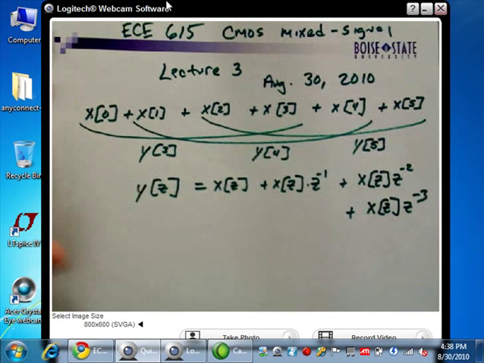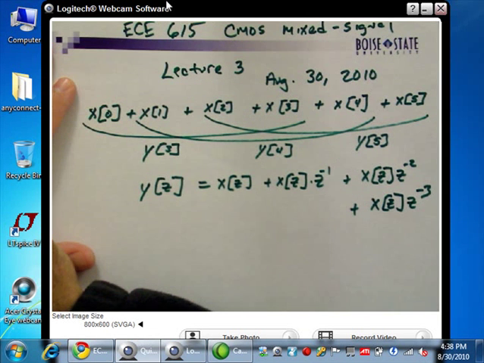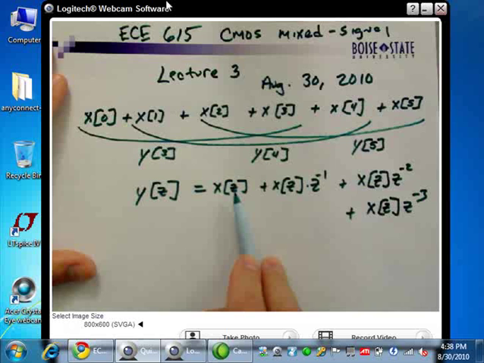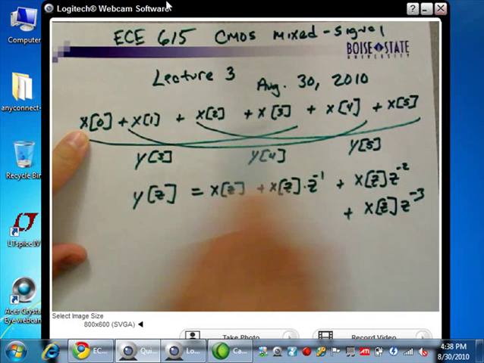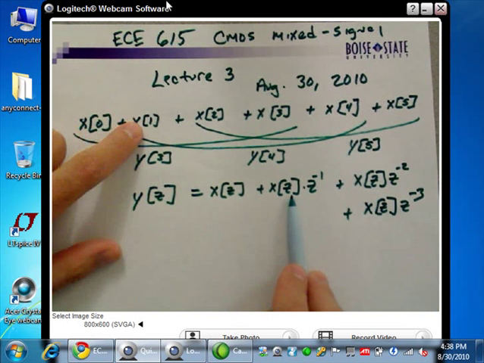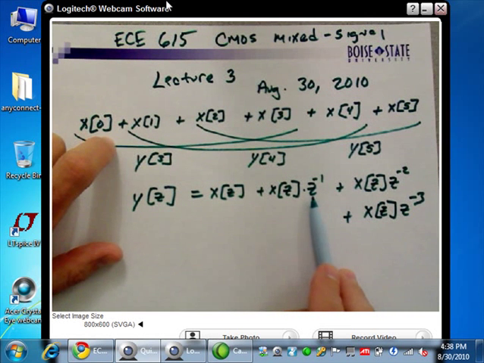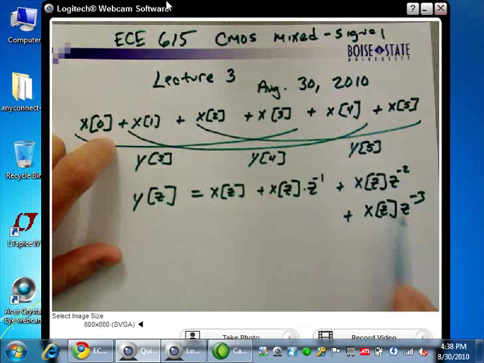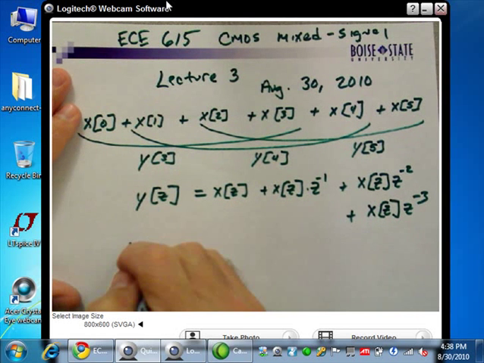And you say, gee, you're not challenging me, but I have to ask the trivial question anyway. This sample here would correspond to which one in my first output? X of 0. This one would correspond to x of 1. And the z to the minus 1 corresponds to 1 delay. Z to the minus 2, 2 delays. Z to the minus 3. Okay. So I can write that H of z